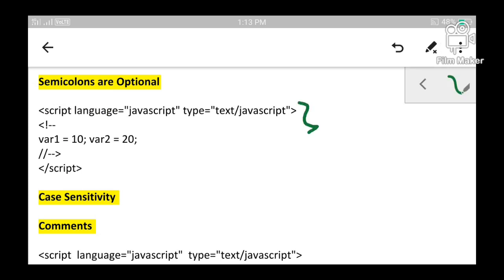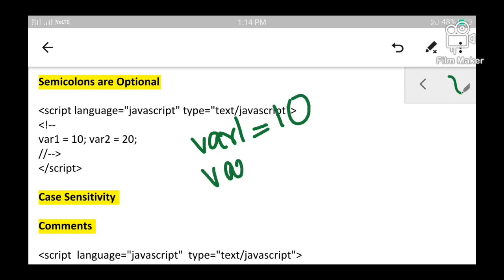Here before you, I have written a script tag. Whatever is written within the script tag will be treated as JavaScript code. Within the script tag, suppose I am having two variables. Let it be variable 1, which is assigned a value 10, and another variable 2, which is assigned a value 20. Suppose these two statements are in two different lines.